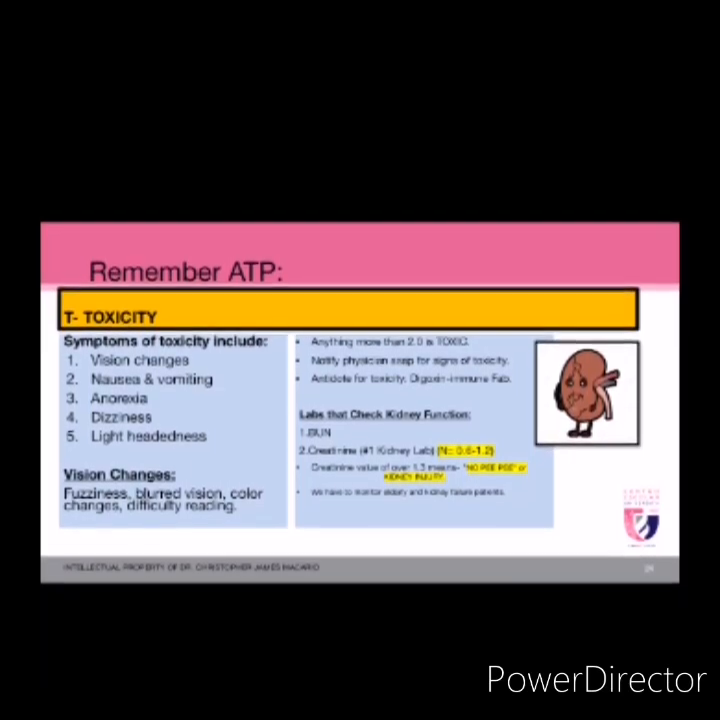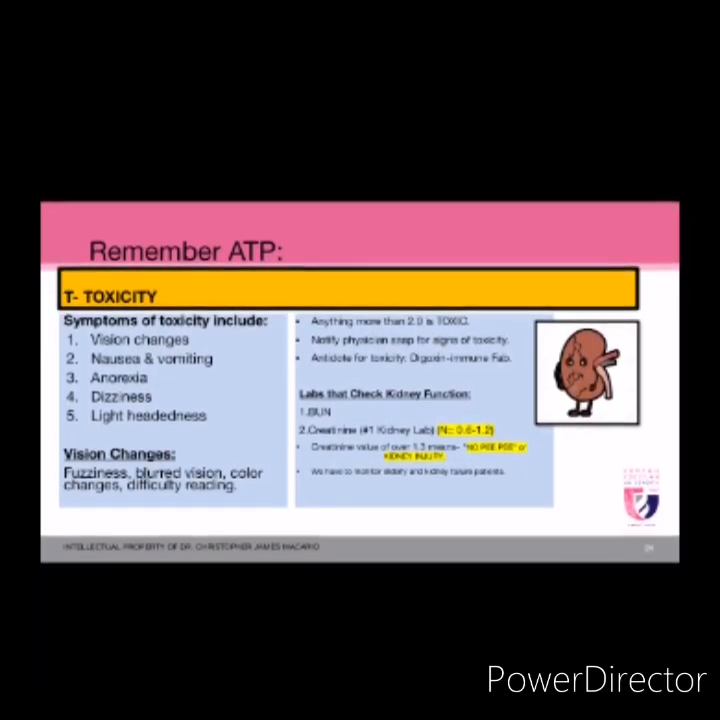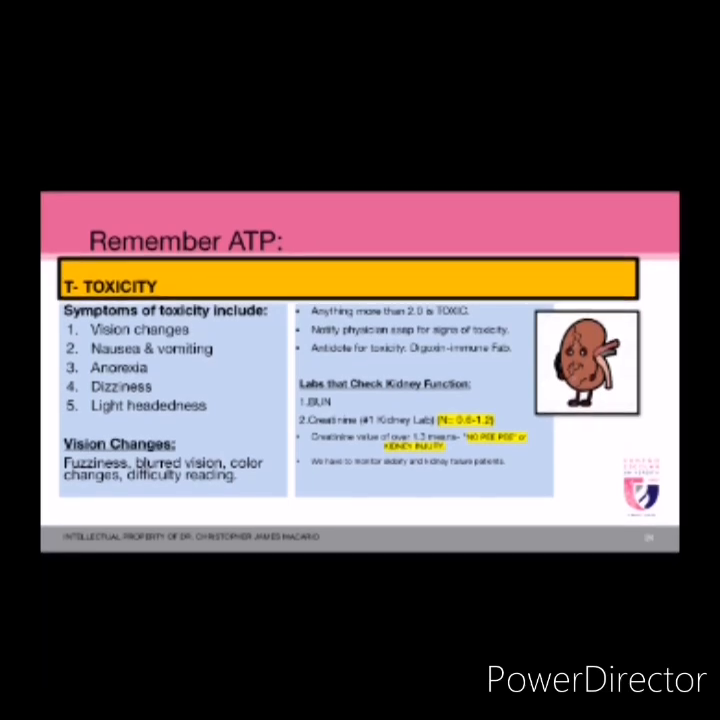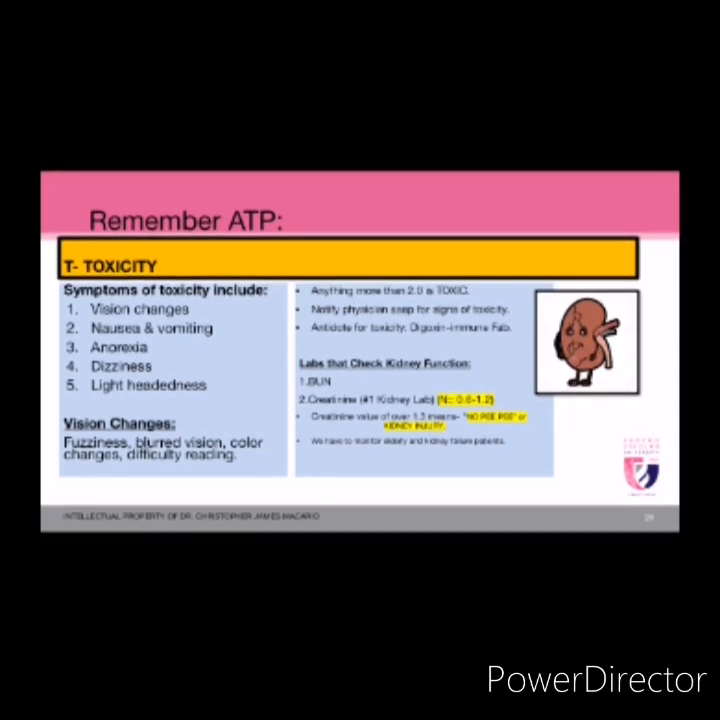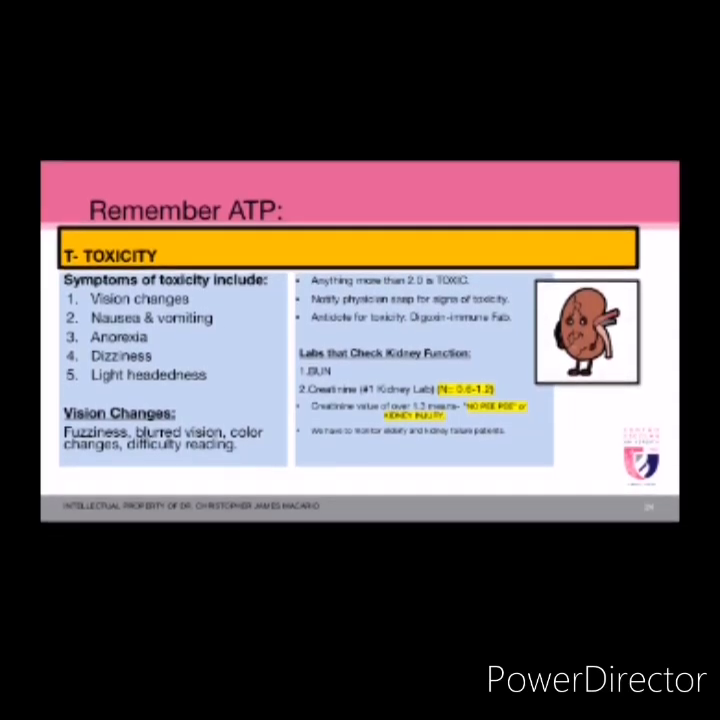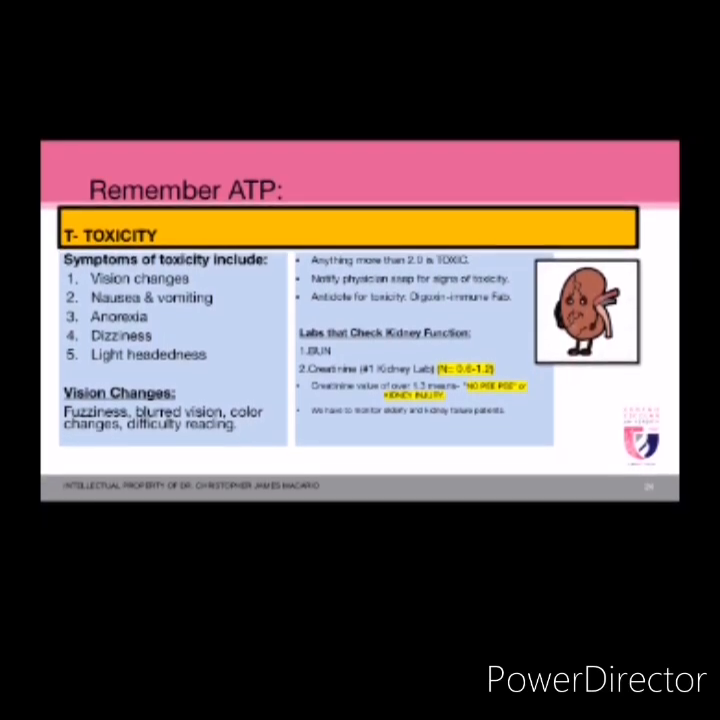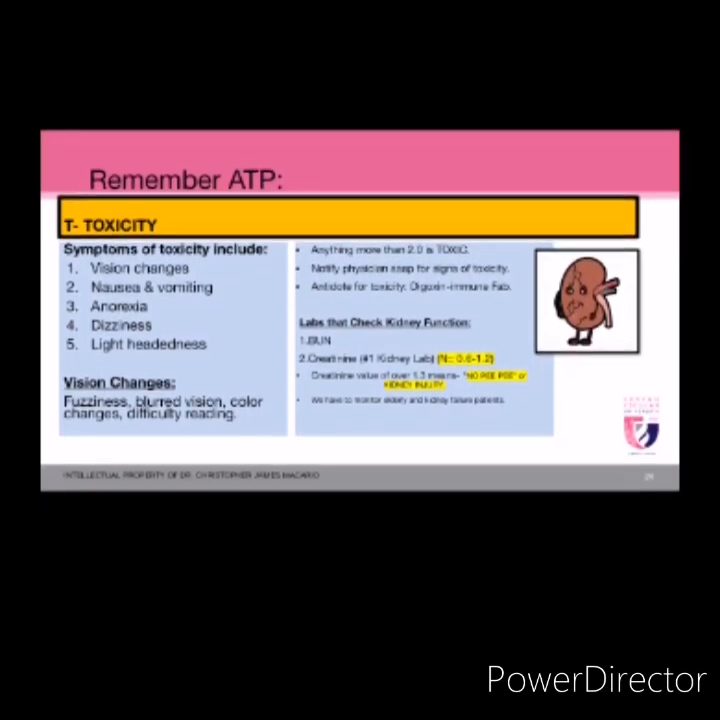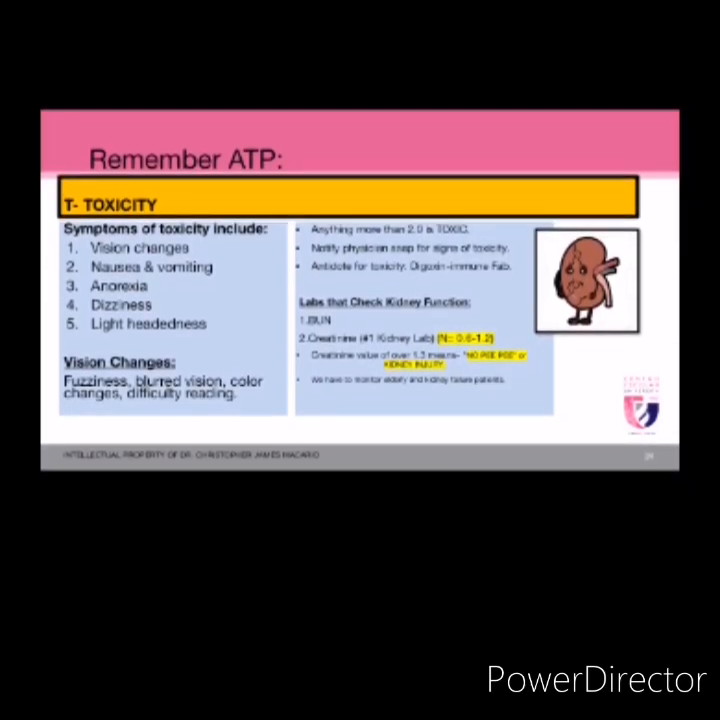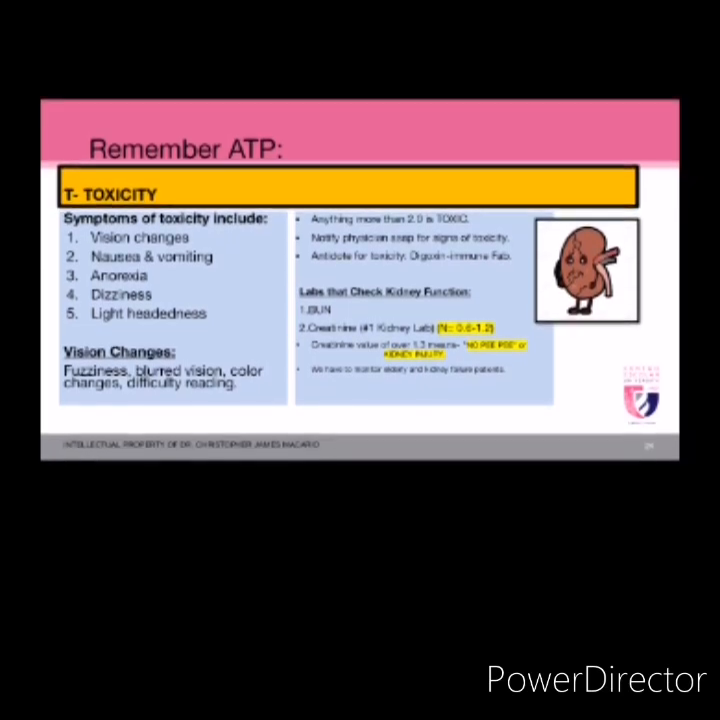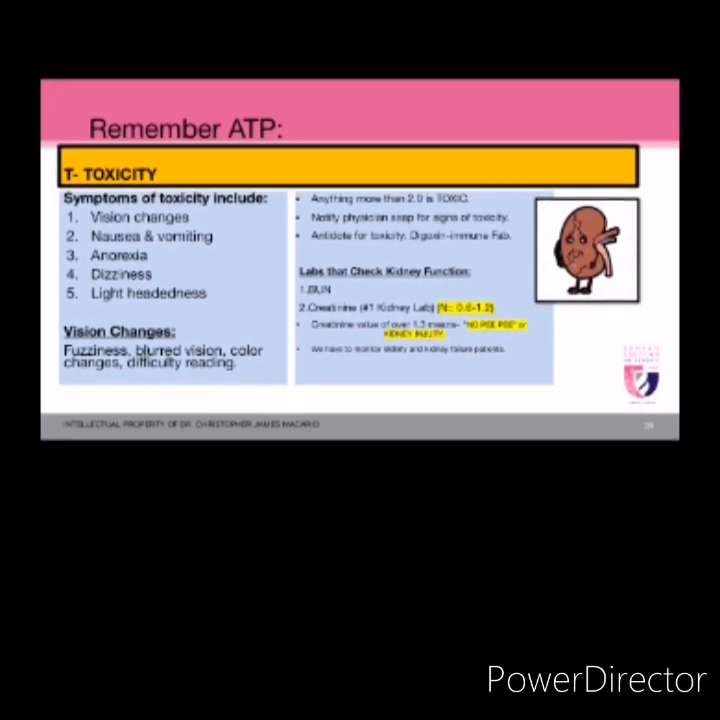And so, para ma-check natin yung toxicity na yan, we have to check the labs or yung kidney labs. Ano yon? Number 1, you have your BUN. Second, yung creatinine is the number 1 kidney lab, and the normal creatinine value is 0.6 to 1.2. Creatinine value of over 1.3 means kidney injury. We have to monitor elderly and